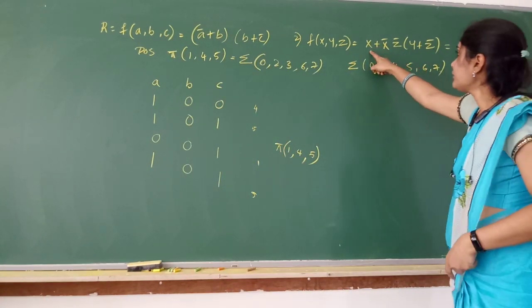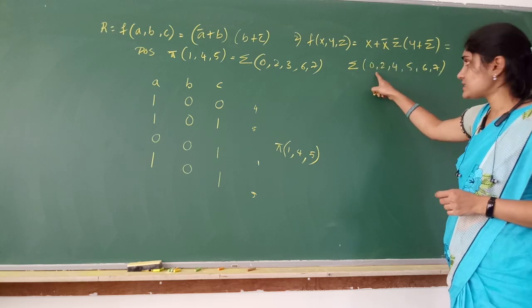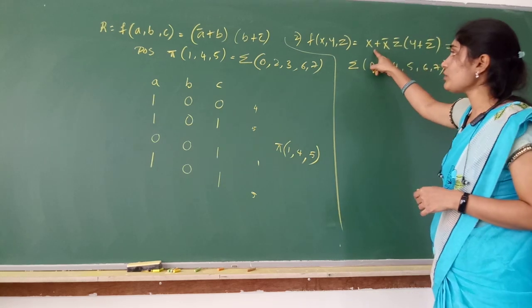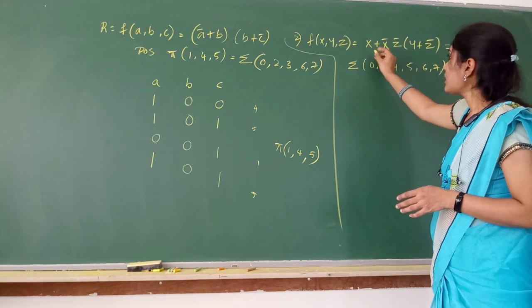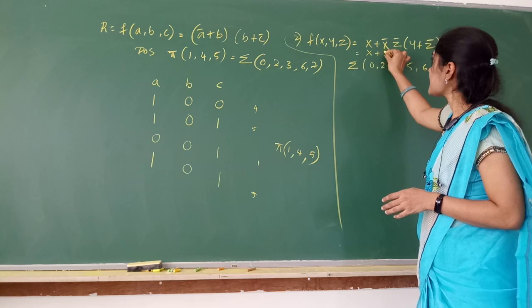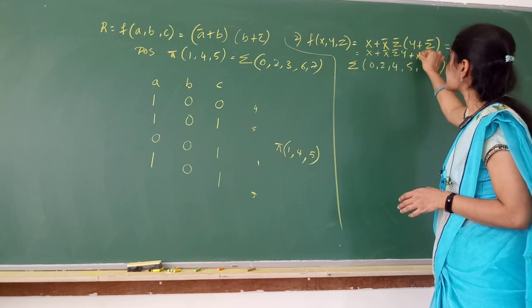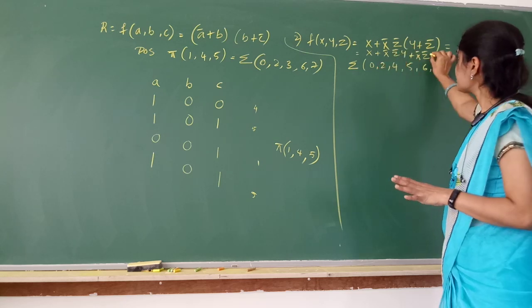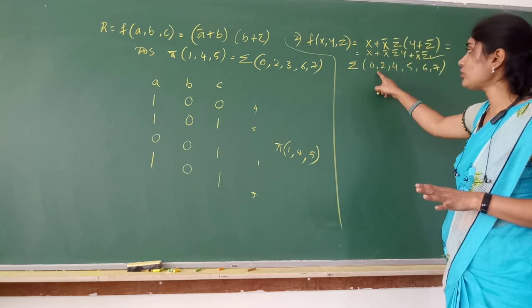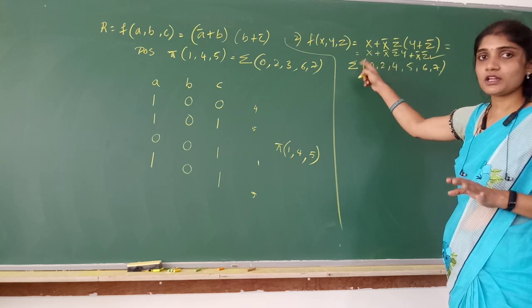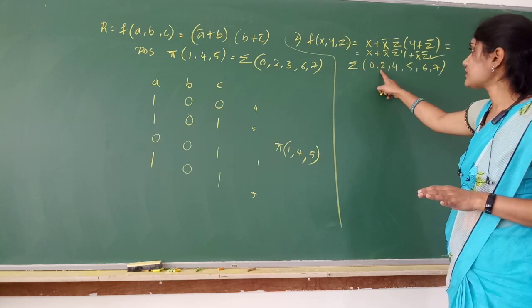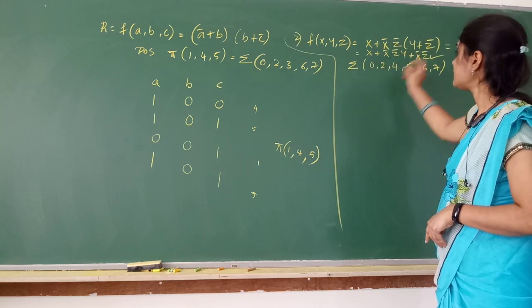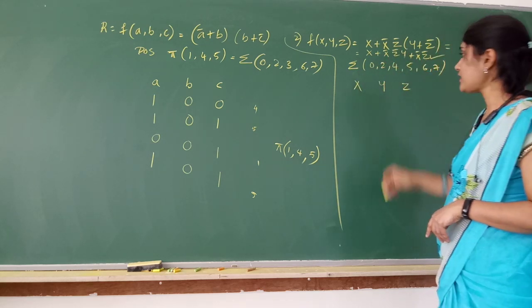For this problem, I have got this answer. Now I am just checking whether this answer is correct or wrong. And this is an SOP equation. Now if you simplify this, x plus x bar z bar y plus x bar z bar, into z bar. Z bar into z bar is what? Z bar. So this equation you have simplified and you have got this answer. We had worked out this problem in the online class. Now how to verify? How many variables do you have? X, y, z. X, y, z are three variables.